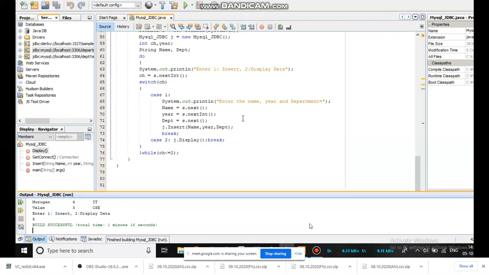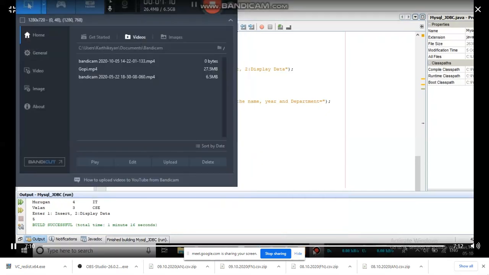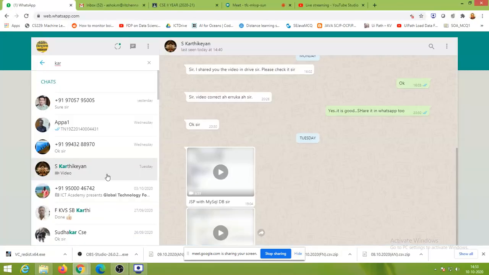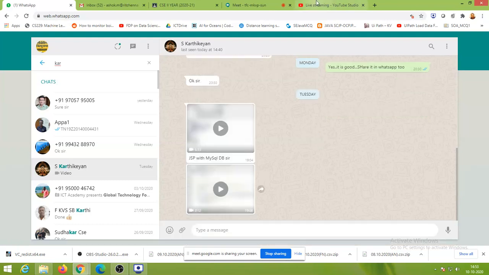By giving some other value, he can come out of the switch case so that you can see that the build is successful. If you have any errors, you will get something in yellow color warning marks. So that's a very simple and nice demonstration. Really, I have to thank Karthikeyan, 2016-20 passed out from the Department of IT.